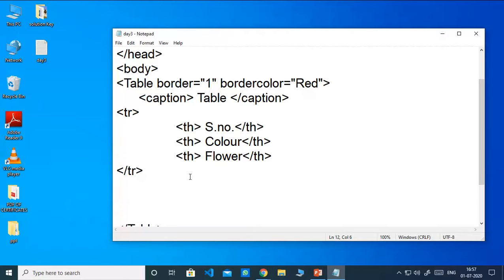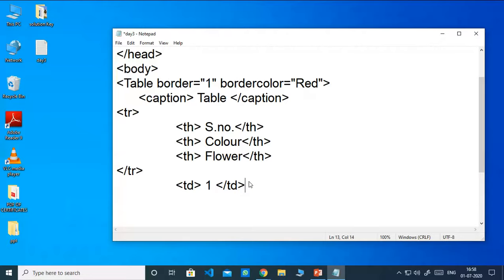Now let us fill the data in it. So how will we fill the data? For the data you have to use TD. TD, now suppose it is 1 and color, let's say pink. Sorry, let us close first.